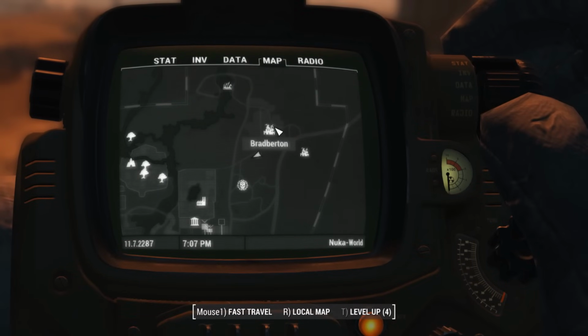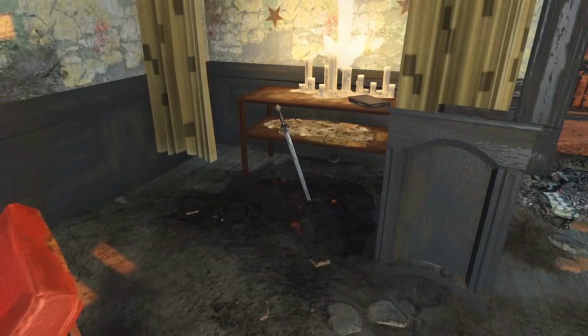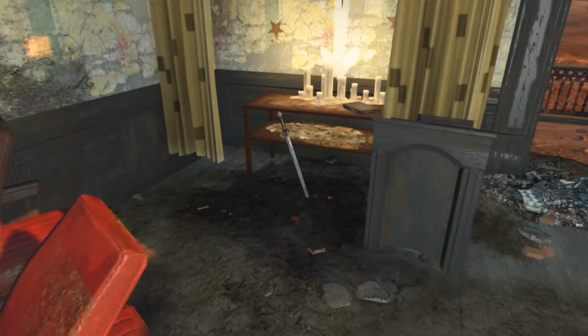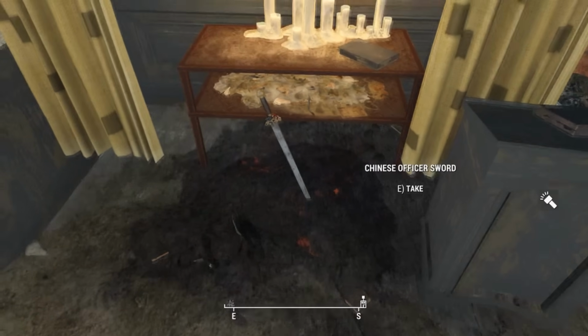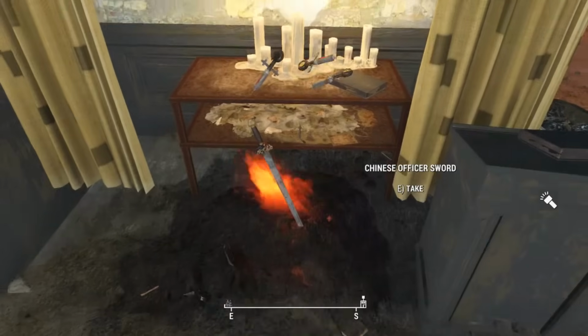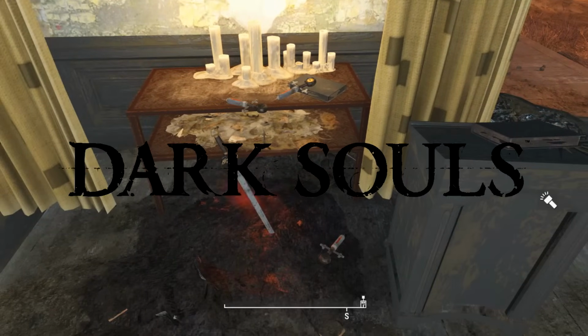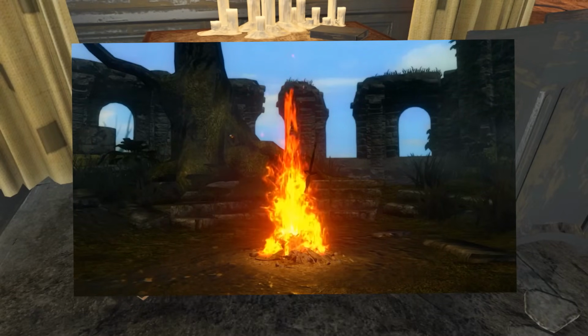In the southern area of Bradburton, in the Nuka-World DLC, you can find a small house with a Chinese officer's sword sticking into a mound of ash. This mound can be kindled into a fire, which will trigger stimpaks to fall from the air. This is a reference to Dark Souls, where resting at a similar looking bonfire with a sword sticking out